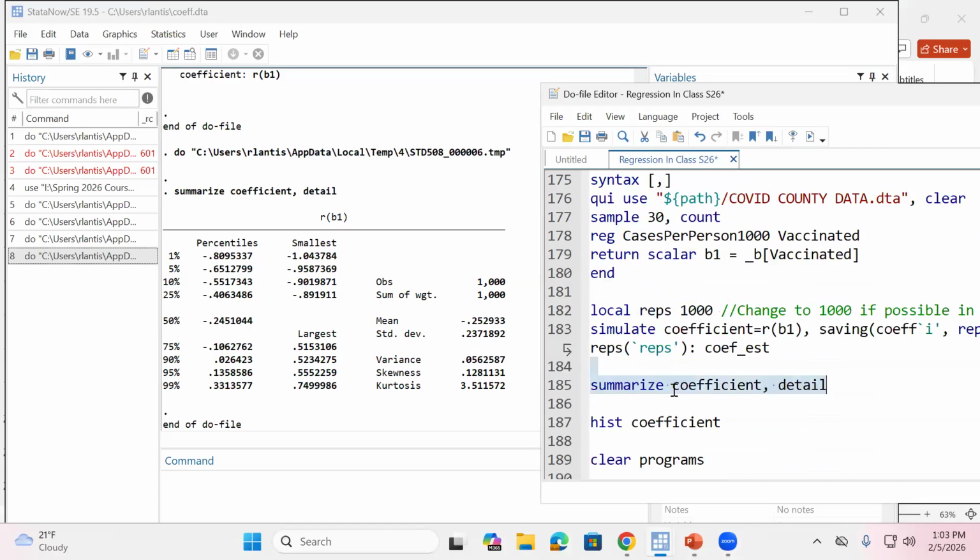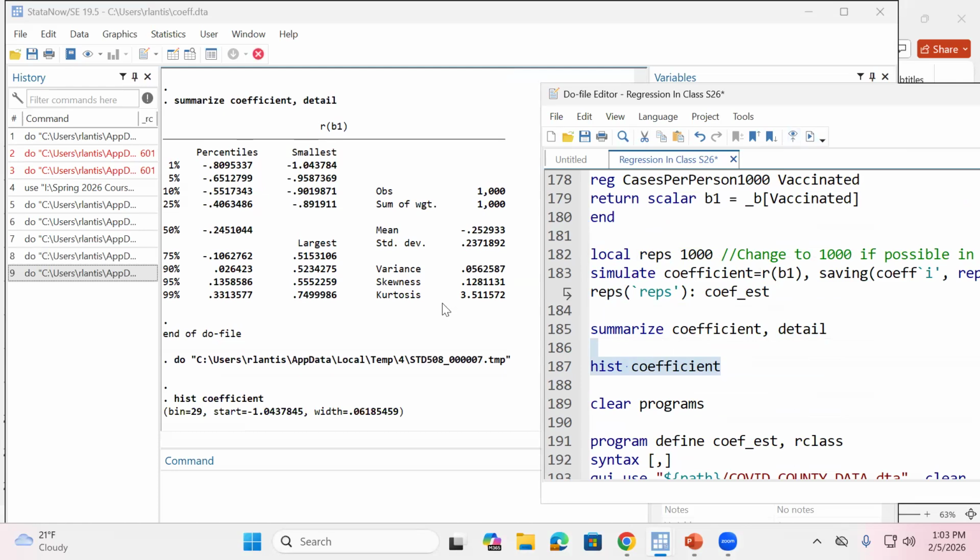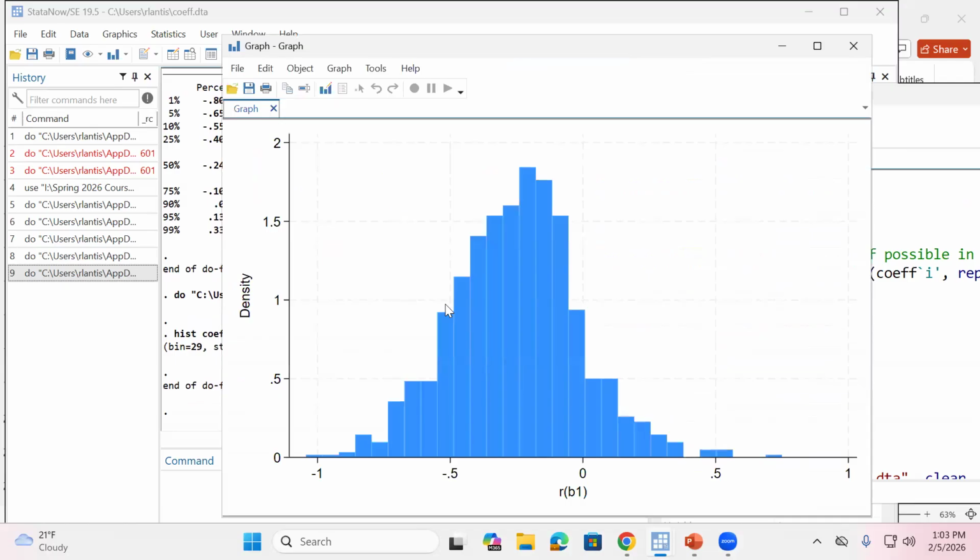Okay. Now, if I do a histogram of those coefficients, hopefully they're not only centered around the true population parameter. They should be fairly normally distributed around that true value, of negative 0.25. And this gets to be even closer to a normal distribution if I was to take higher and higher sample sizes or have more samples.